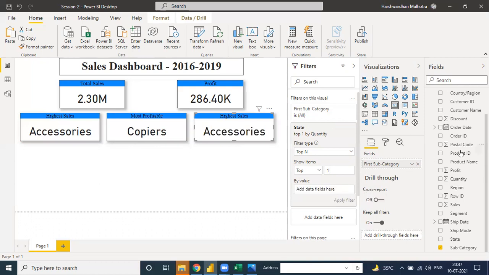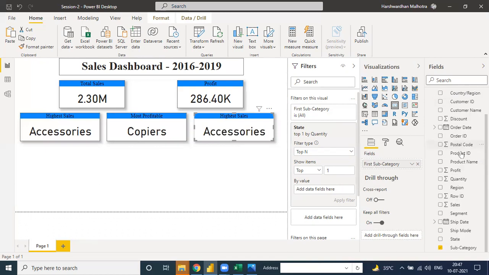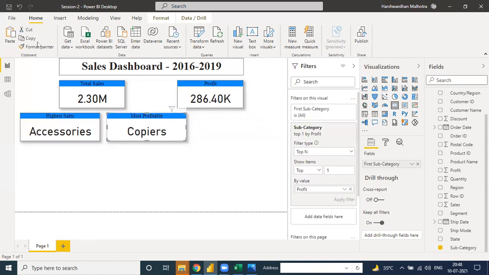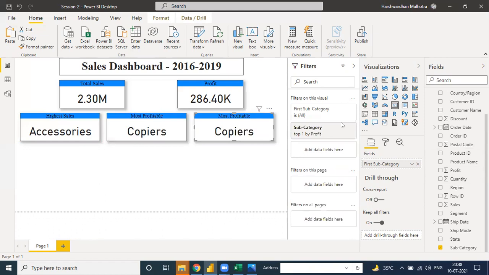Like on the basis of, suppose, click, copy and paste here.